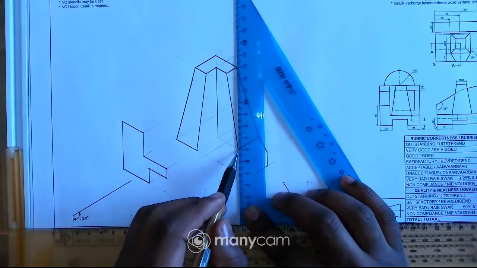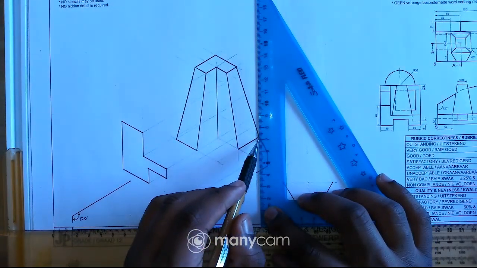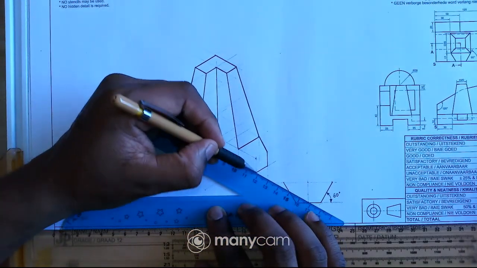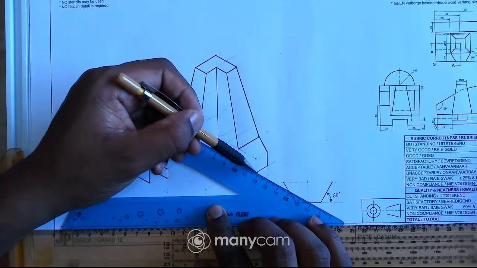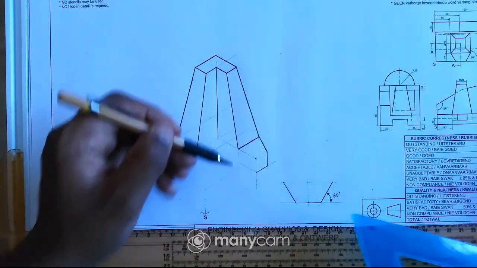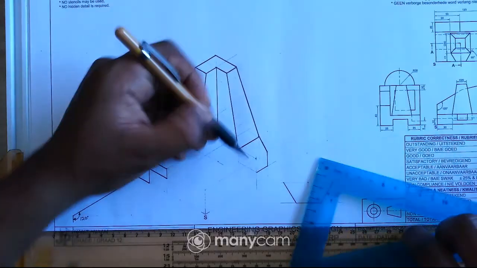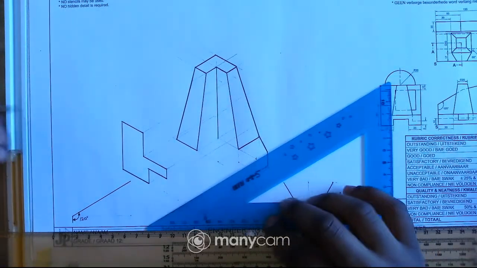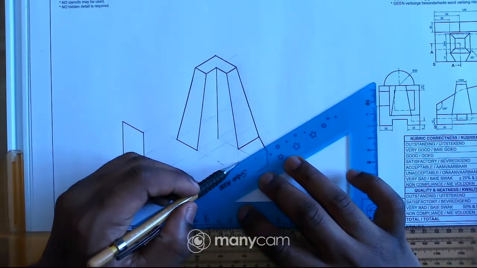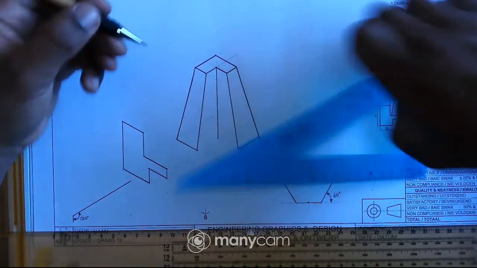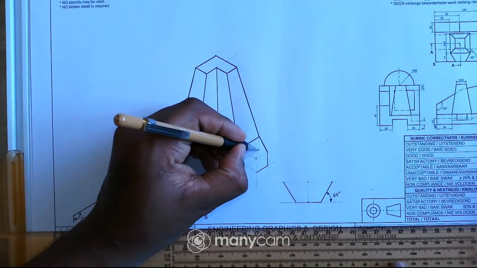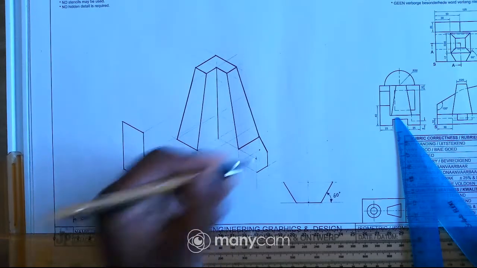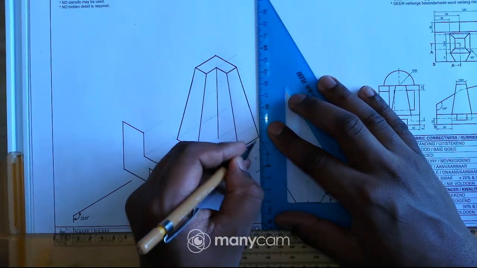Okay, so I can just project that point down, and then the height, I can just project this point to that vertical line there. So this is the height, right? So I can just project this point as well to that vertical line there using my 30 by 60 set square, like that. So obviously that point goes in to there, and then I can just connect these 2 points. So I can just draw that edge there,